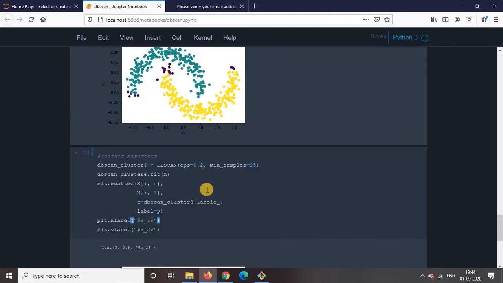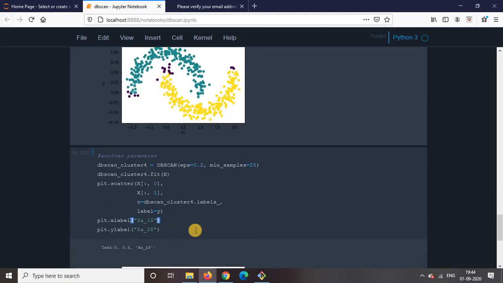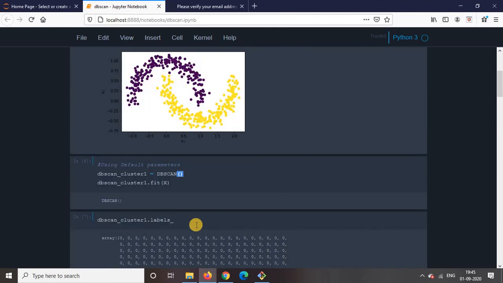So there is a trade-off in how much you should increase the minimum samples, and how much you should decrease or increase the radius. In the next part I will explain what we should use to find the optimized parameters for eps and min_samples. In this tutorial our main motivation is to implement the DBSCAN method, which we have already done.